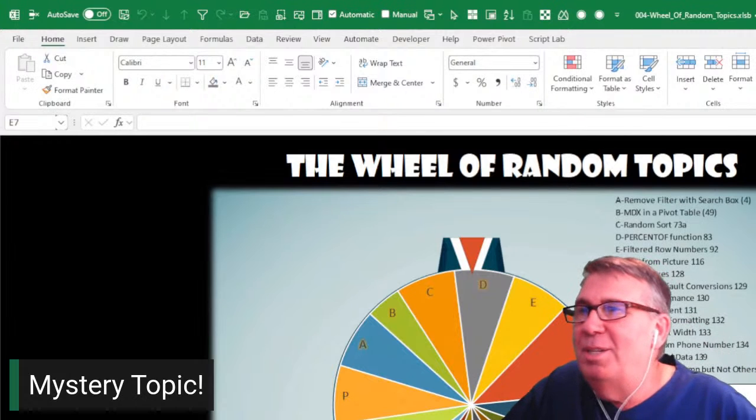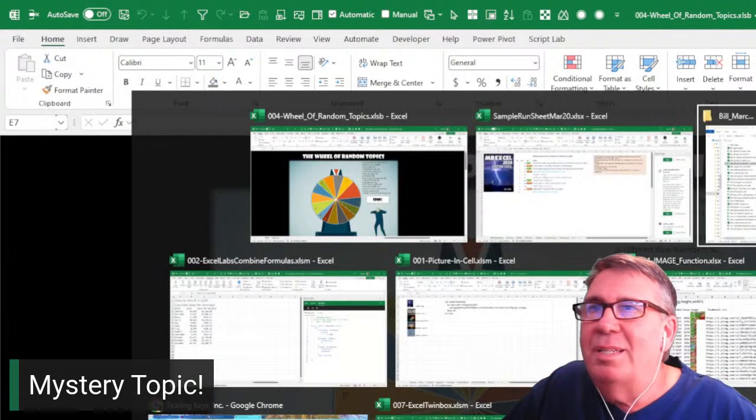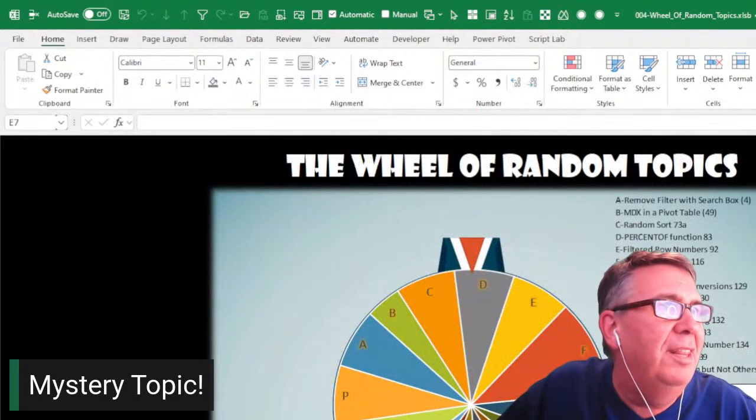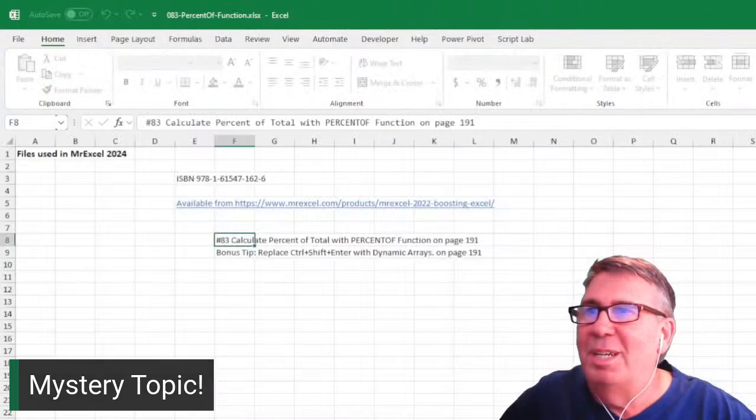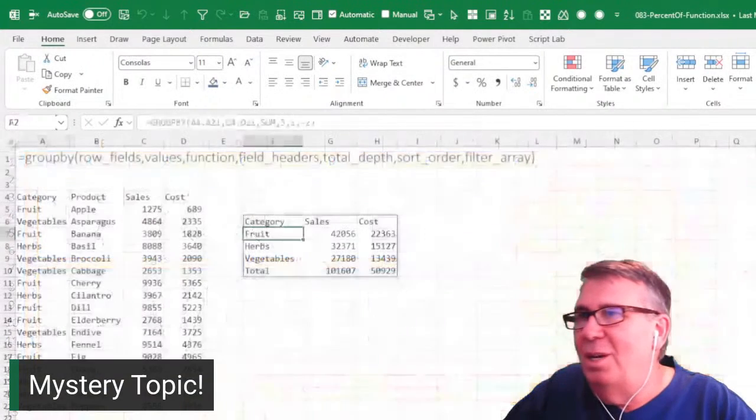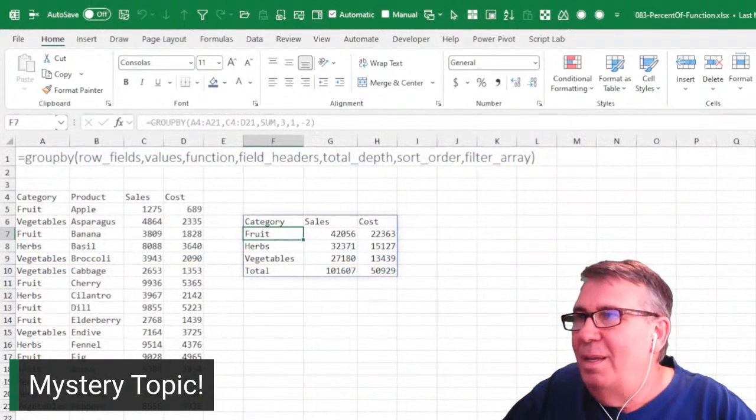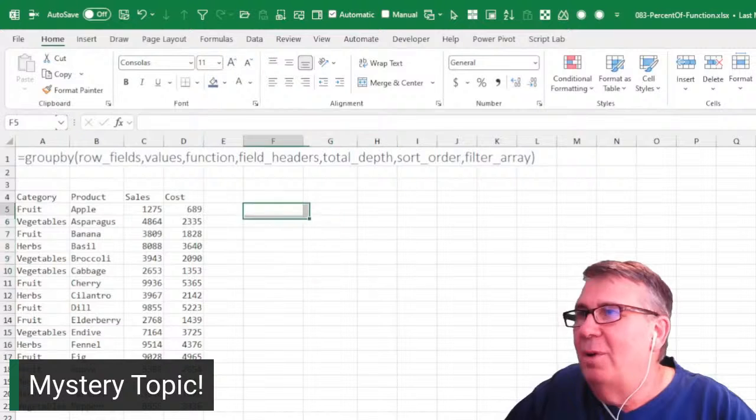All right, that's on page 83 in the book. Let's go see if we can find that. Of course, every topic in the book has a great Excel file. Percent of. There we are. All right, the percentage of. Let's do it right here. Okay, so we have